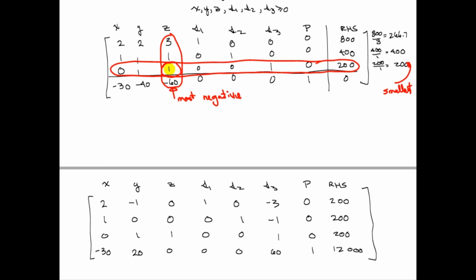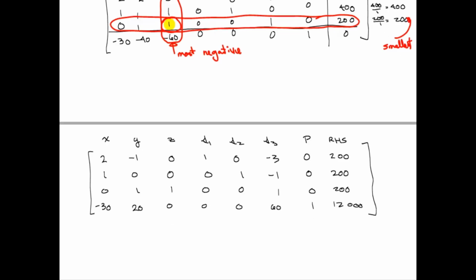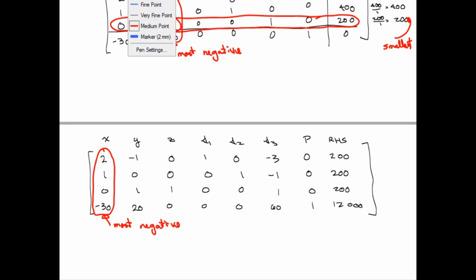Okay, so now we are ready to pivot again. Why do we need to? Because we still have at least one negative on the bottom row. Here it is. This is the most negative, so that will be our pivot column. So then we go to the right, we calculate our quotients. So my 200 over 2 gives me 100. 200 over 1 gives me 200. The last one, I cannot do it because